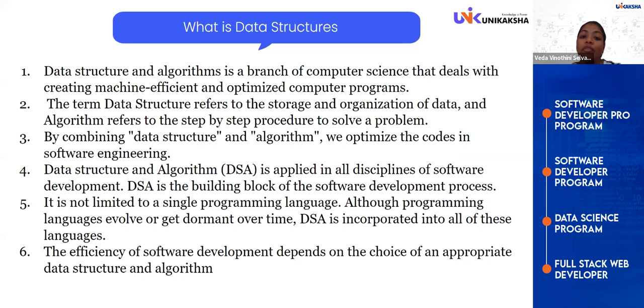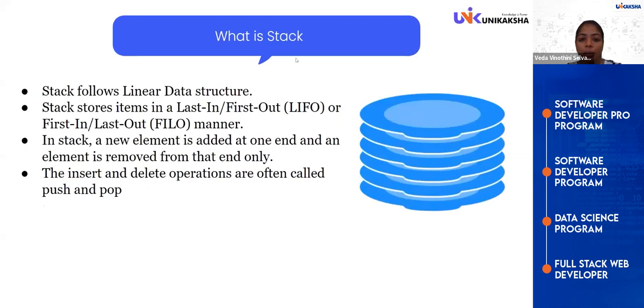It will be in a vertical format, that means top to down, like 1, 2, 3. That kind of manner is a non-linear thing. So this is the basic introduction to what data structures are. And now we are going to learn about the stack. Previously I explained what a linear data structure is, where the data is formatted in a linear manner.